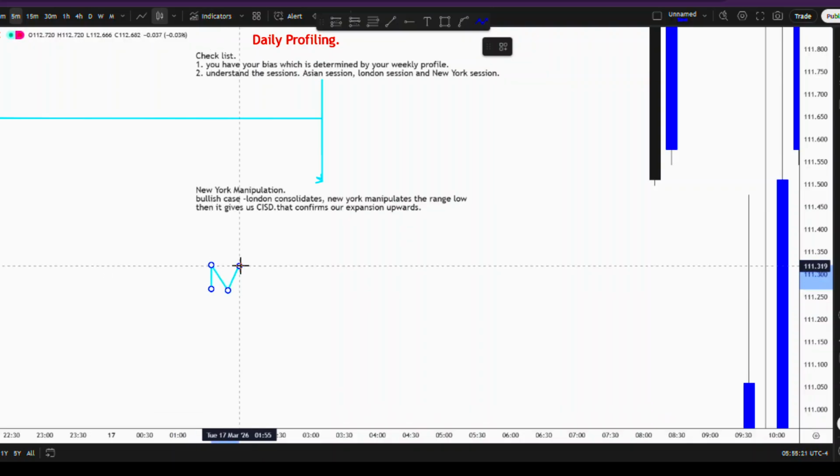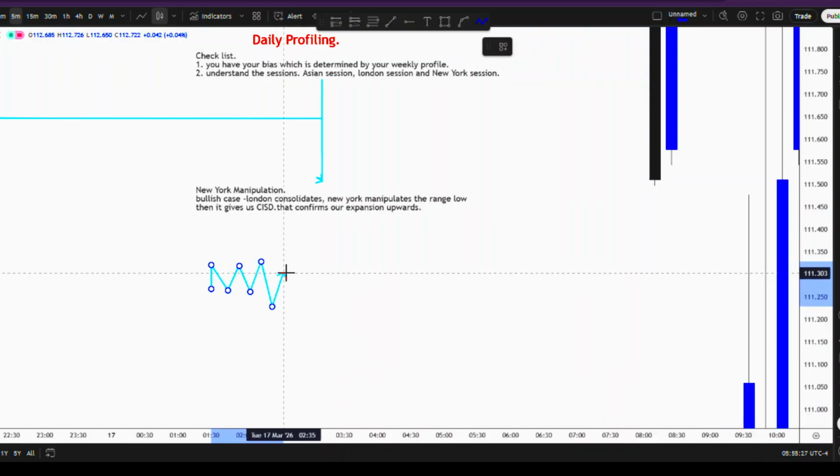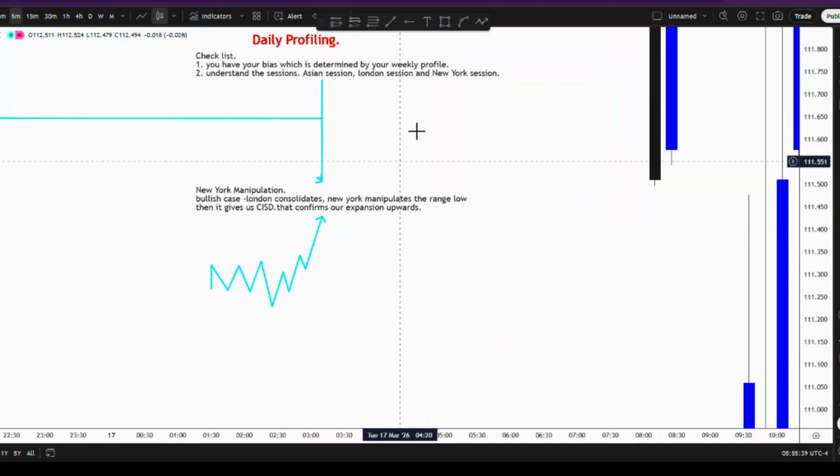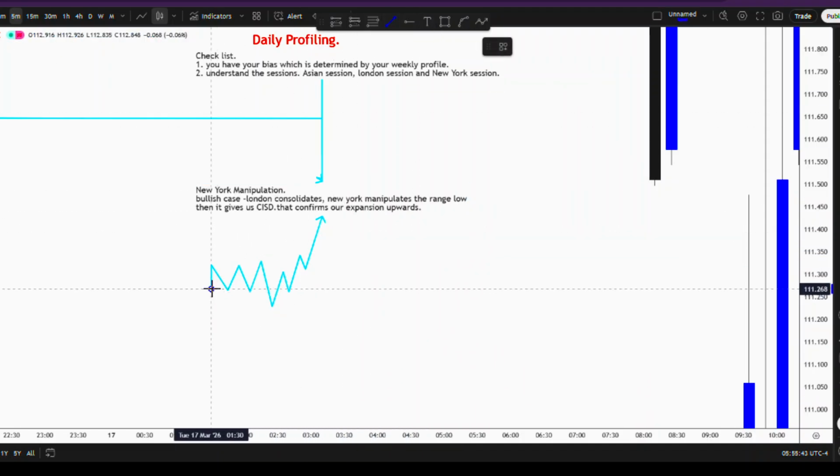You have an accumulation, and then New York session manipulates the low of the range and then closes, and then it gives us a change in state of delivery that confirms our bullish expansion. So you find it swept the range low or manipulated the range low at this point,